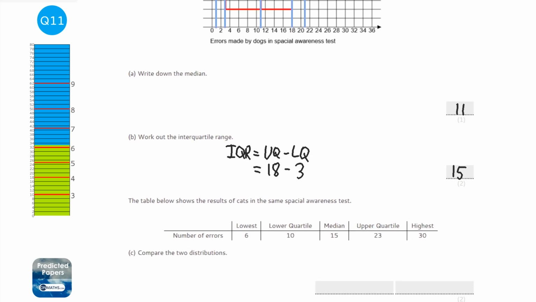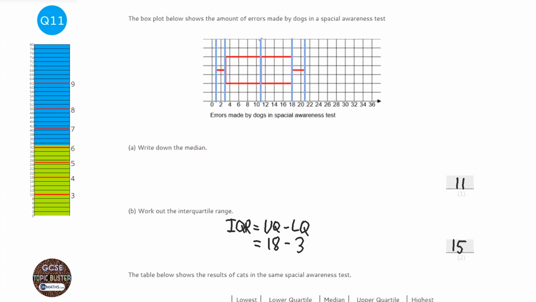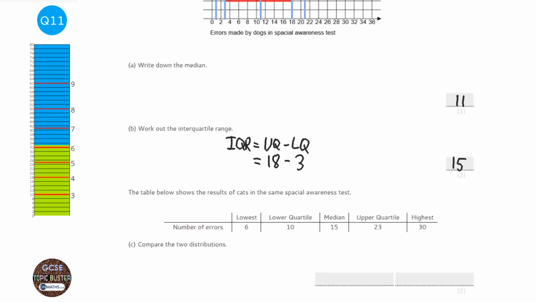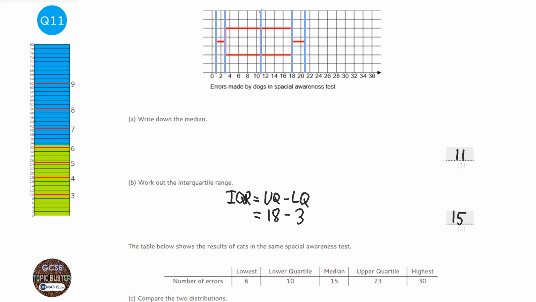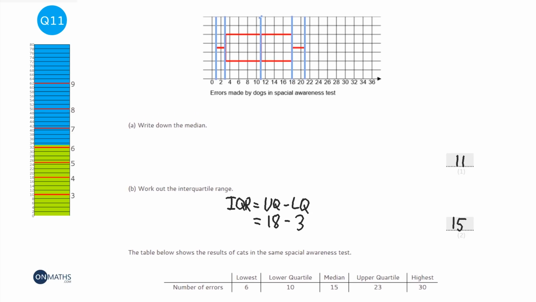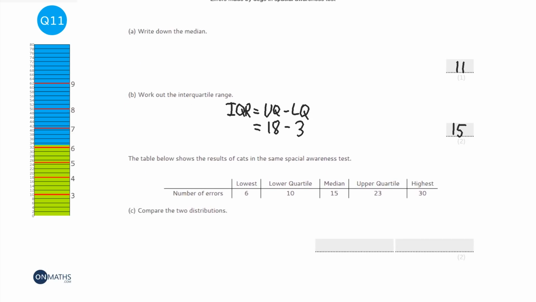Okay, now next it says that the table shows results of cats. I think the first one was dogs. And compare the two distributions. Okay, you must always compare the medians. So looking at my answer to the dogs, it was 11, and the median here is 15. So you need to write a sentence saying that the median